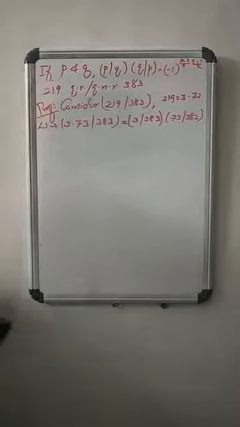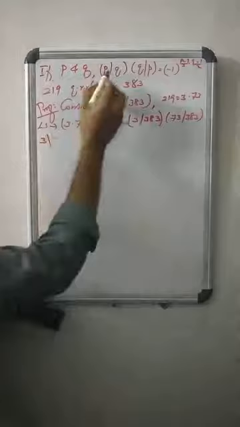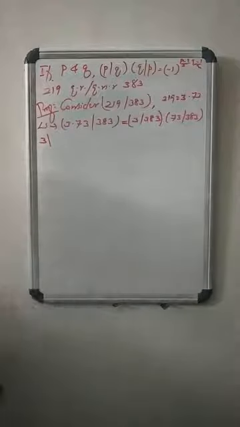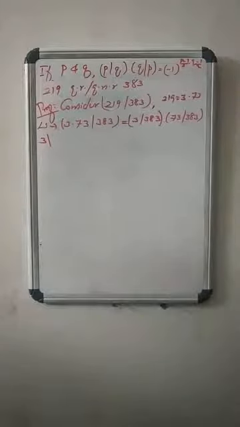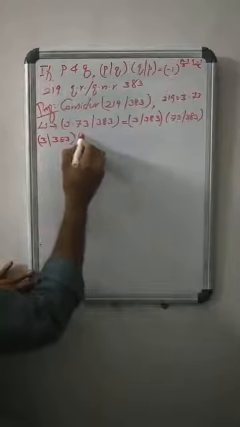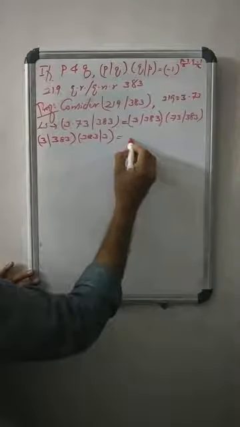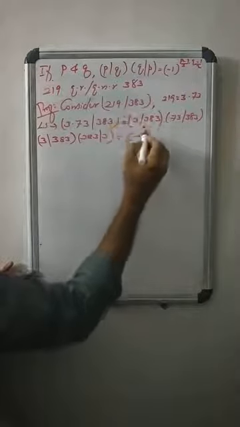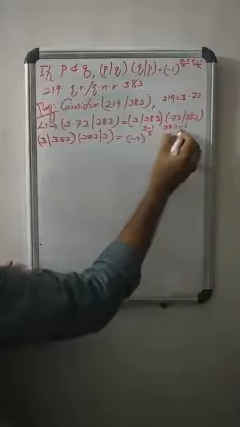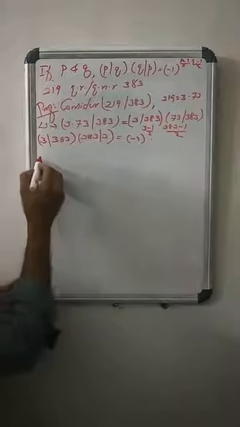What is (3 bar 383)? We have, by the quadratic reciprocity law, since p and q are distinct odd primes, (3 bar 383) into (383 bar 3) equals minus 1 power (3 minus 1)/2 into (383 minus 1)/2. Agreed? That means (3 bar 383)